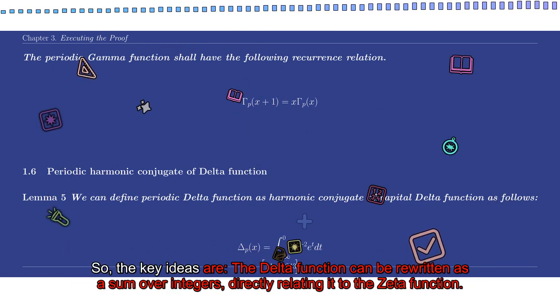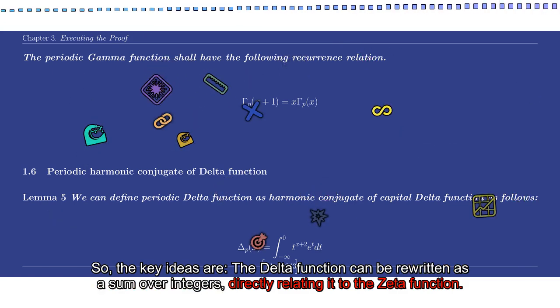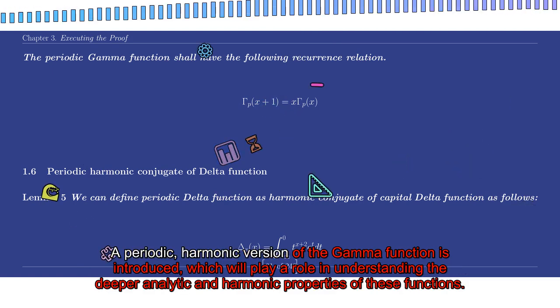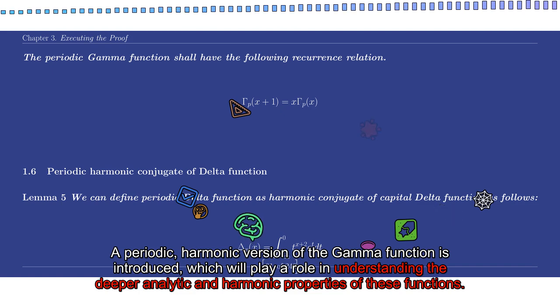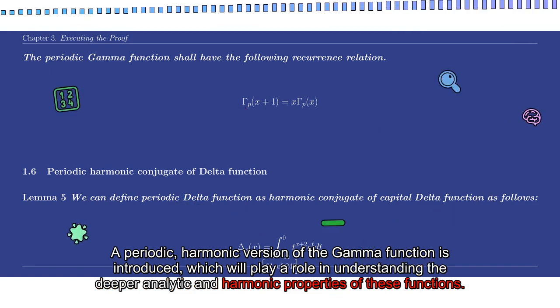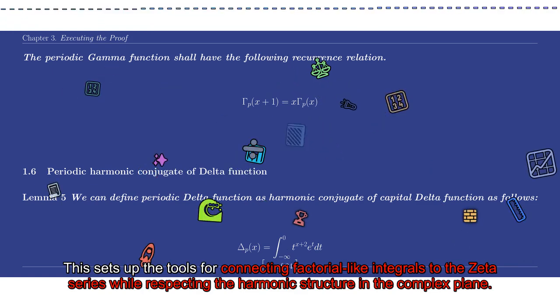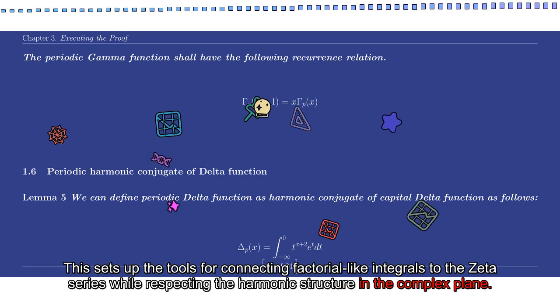So, the key ideas are: the delta function can be rewritten as a sum over integers, directly relating it to the zeta function. A periodic harmonic version of the gamma function is introduced, which will play a role in understanding the deeper analytic and harmonic properties of these functions. This sets up the tools for connecting factorial-like integrals to the zeta series while respecting the harmonic structure in the